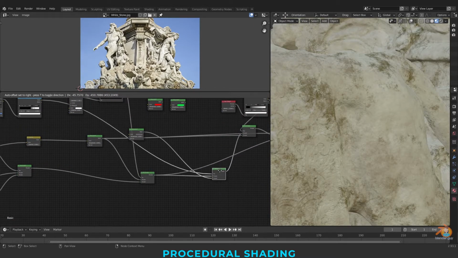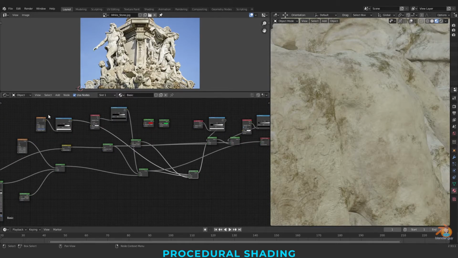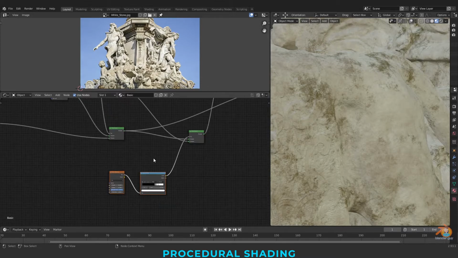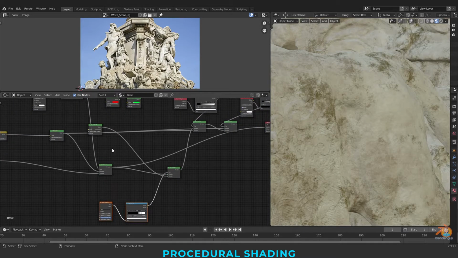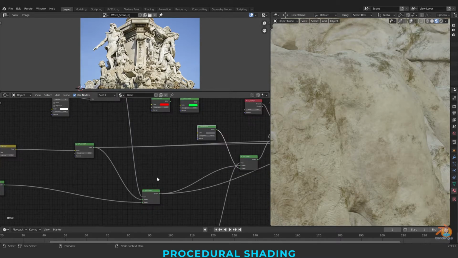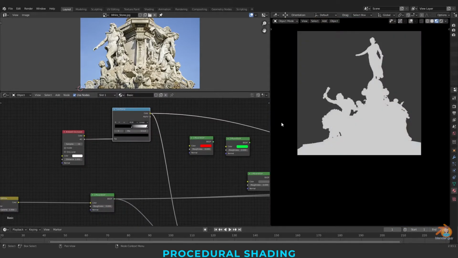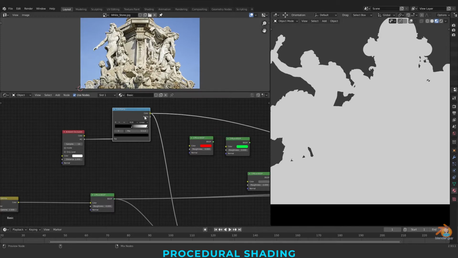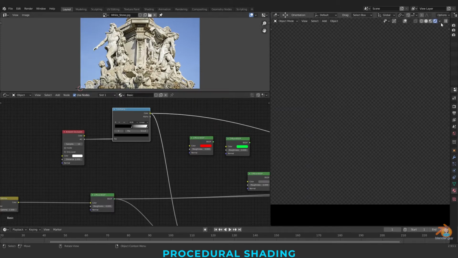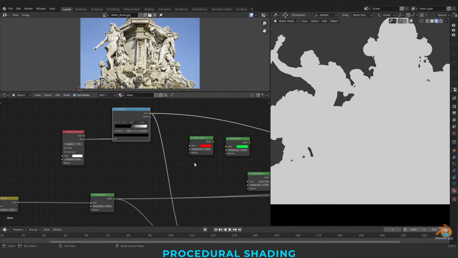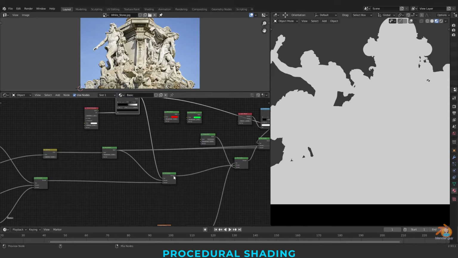Coming to third blend. Third blend is nothing but our Musgrave again. Before that we have one occlusion connected to color. This thing only we can see in the render. And then again I have connected to this.